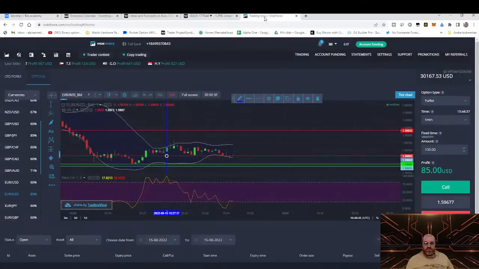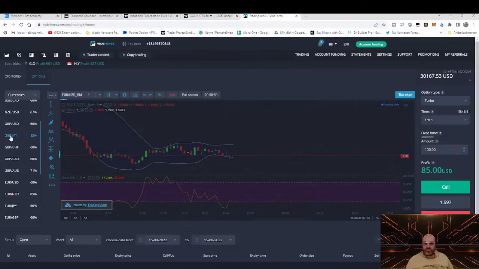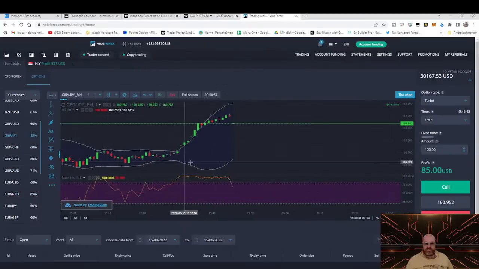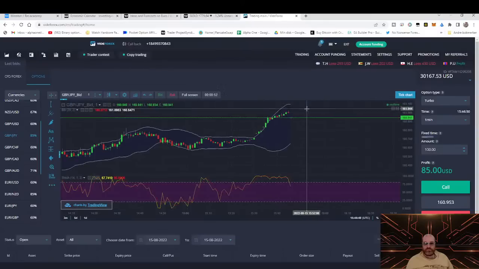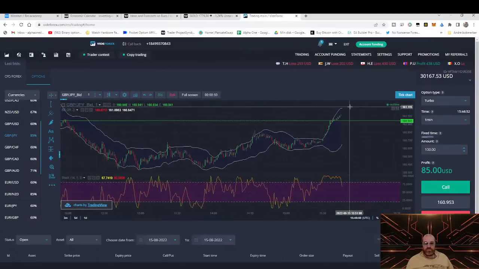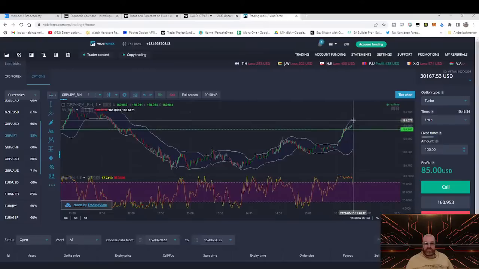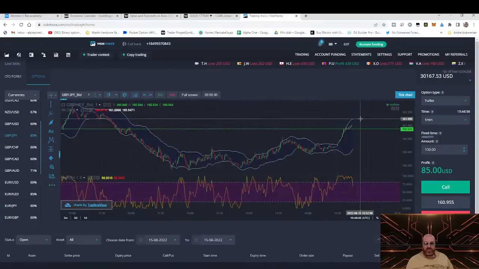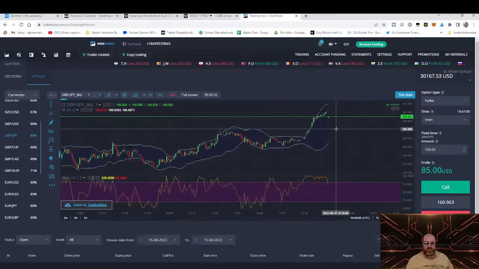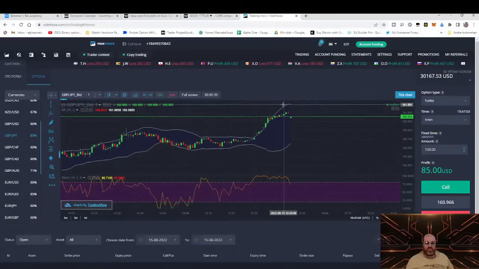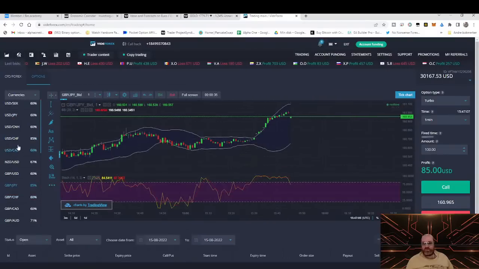Yeah, I think we can do that. We can look at maybe another pair very fast. We had another one here, GBP, GPY. See if it's something we can see fast here. It's too wide, the Bollinger band on this one, so let's take another one here to see if there